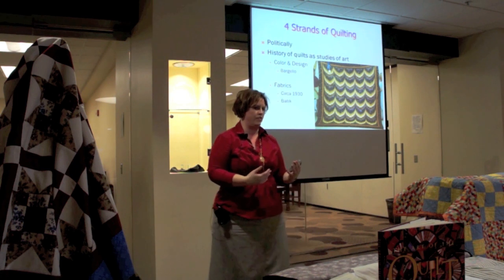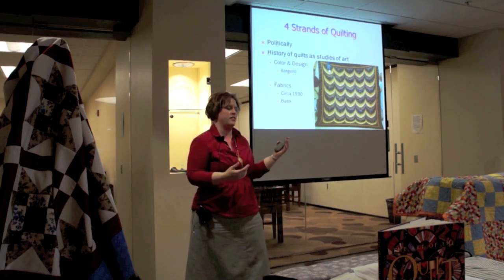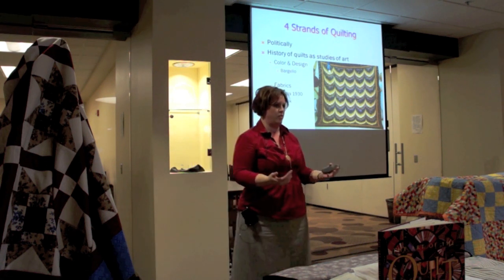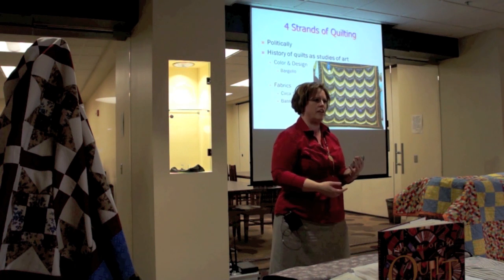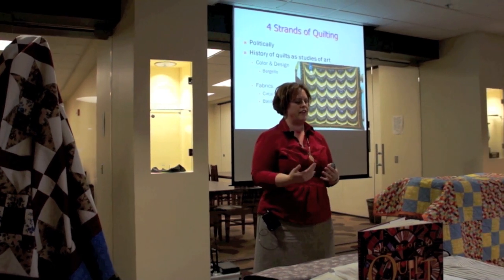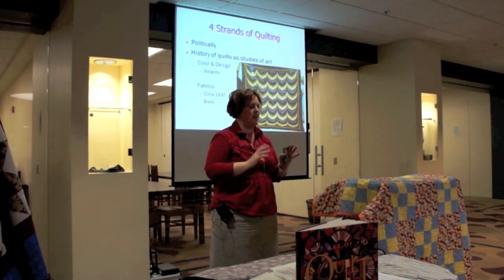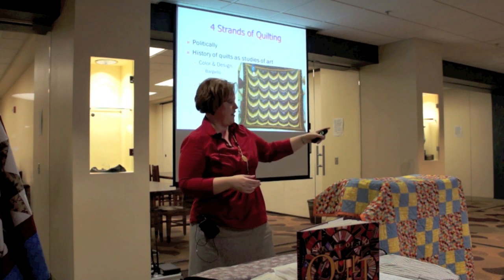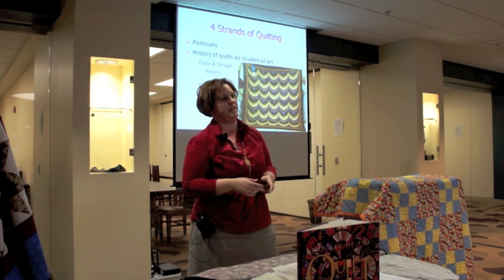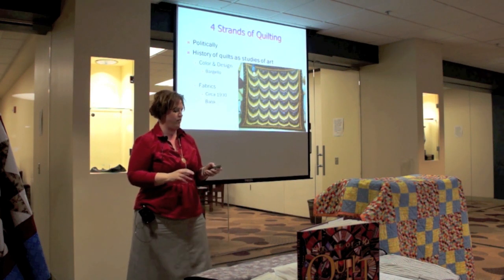And you can look at a couple different things. You can look at patterns and designs, and this quilt is the Bargello quilt. It's actually someone who designed it. And you can also look at different fabrics. There's calico fabrics, there's circa 1930s, which is a lot of those tones and colors from the 1930s and 1940s. There's batiks, and that quilt to my left is actually made out of batiks, just some way that someone created a different strand of quilting.